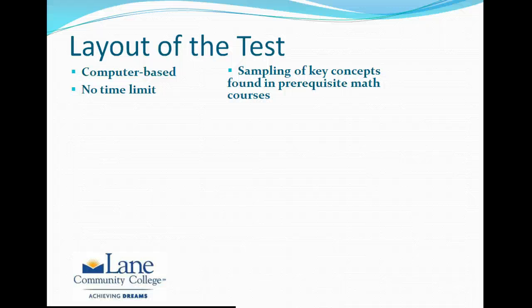The math placement test is a computer-based test with no time limit, although most students complete the test in 90 minutes. This means that once you start the test, you can take the time you need to work through the questions. The placement test is a sampling of some key concepts covered in prerequisite math classes and consists of